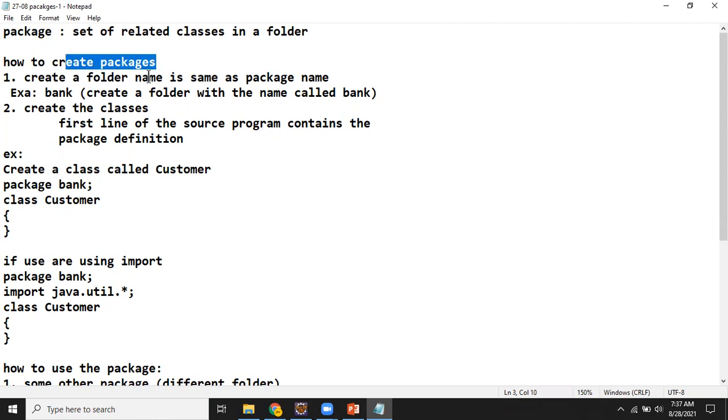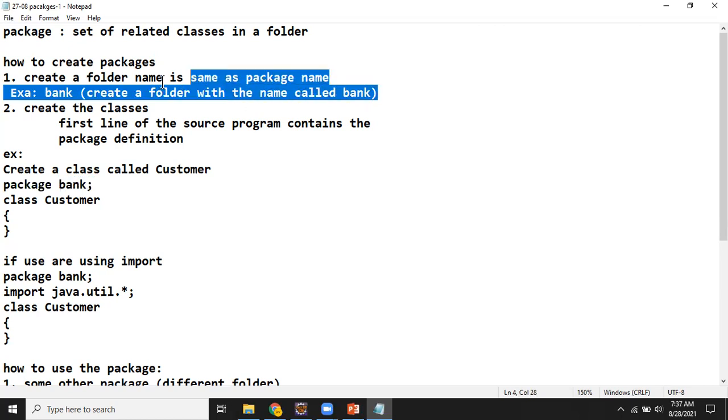So my package is going to be what? I want to create a package called bank. Then I'll be creating a folder called bank there, right? Whatever the name is that you use for the package, the folder name should match. Remember, they are all case sensitive. If I give the package name starting with small letters, then your folder name also should be with small letters only. But remember, in Java, when you talk about the conventions for package names, we always use small letters only. We are not going to use capital letters for the packages. That naming convention you have to remember.